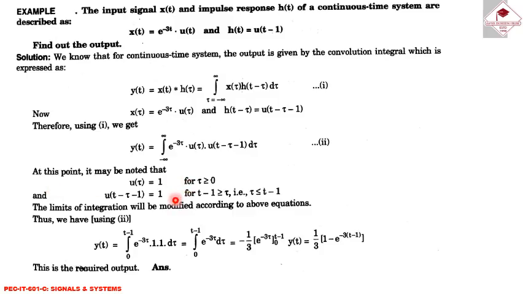By using this we can conclude that u(tau) = 1 for tau greater than or equal to 0, and u(t - tau - 1) = 1 for t - 1 greater than or equal to tau, that is, tau less than t - 1. Now we can write y(t) = integral from 0 to t - 1 of e^(-3 tau) times 1 d tau, which is the integral from 0 to t - 1 of e^(-3 tau) d tau, that is equal to minus 1/3 times e^(-3 tau) evaluated from 0 to t - 1,